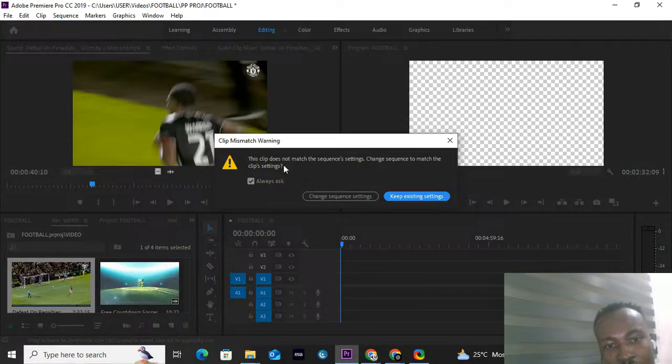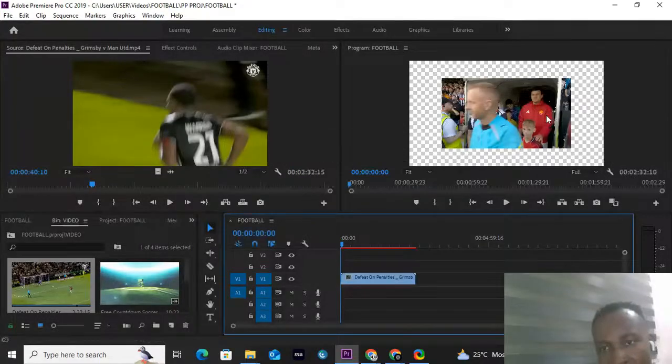This tab is telling us to keep the frame. What this is actually telling us is whether we want to use the sequence of this video that we will drag. So what we are saying is we want to use this particular one that we have created already. So we say keep existing. Do you understand? So you can see the video will appear small there, right? So we can actually use the video this way